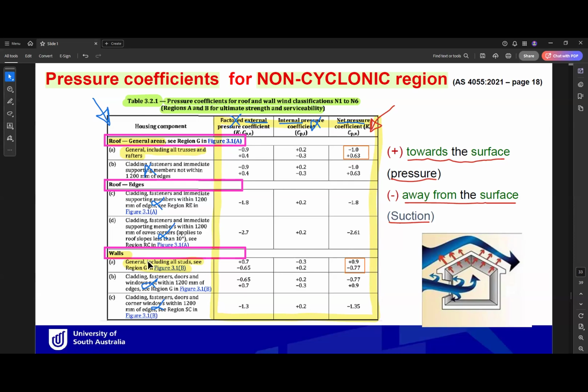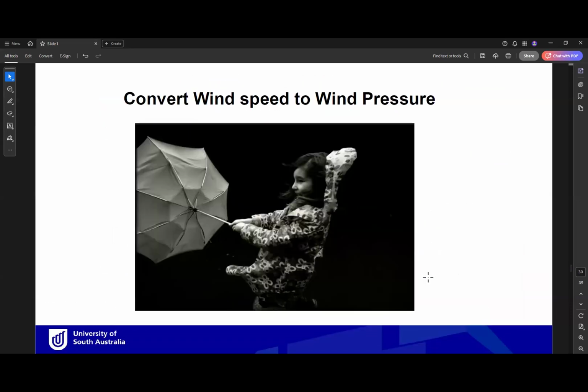For walls, only general areas as well, we have net pressure as well. So we have positive 0.9 and negative 0.77. Positive means pressure, negative means suction. Okay. So now if we go back to our procedure,